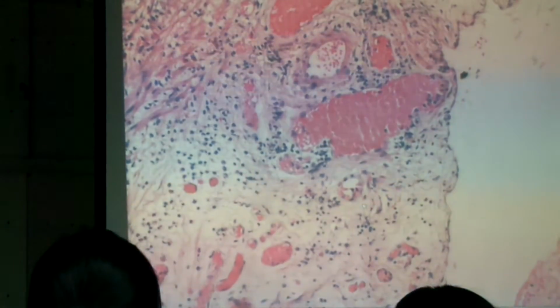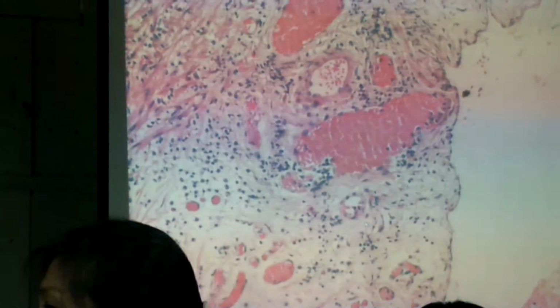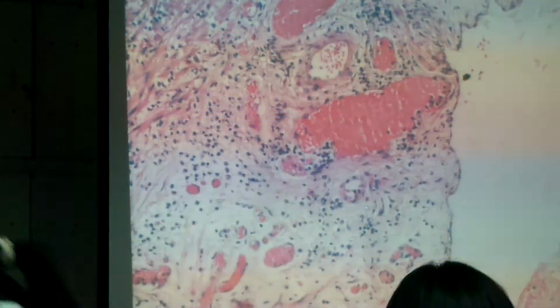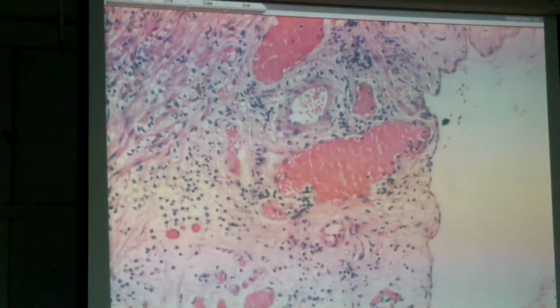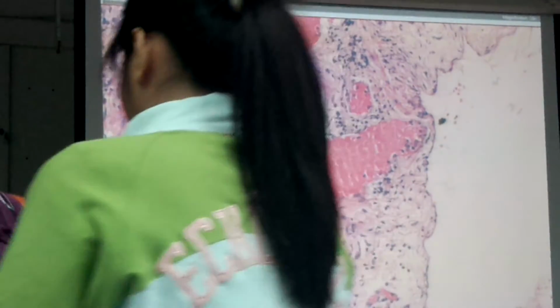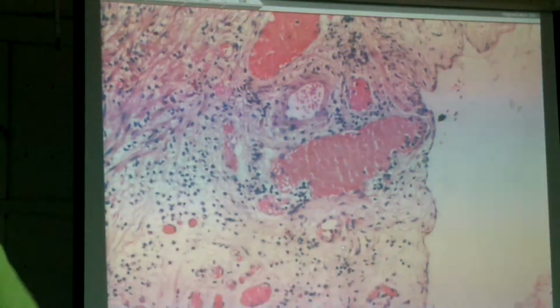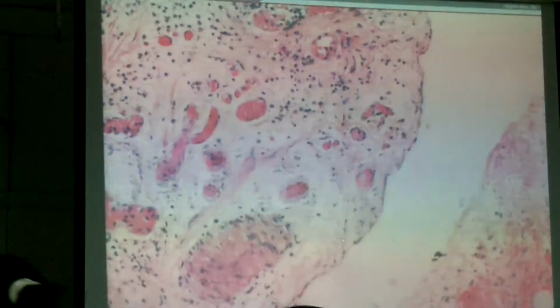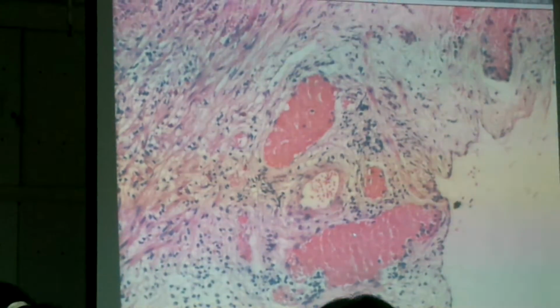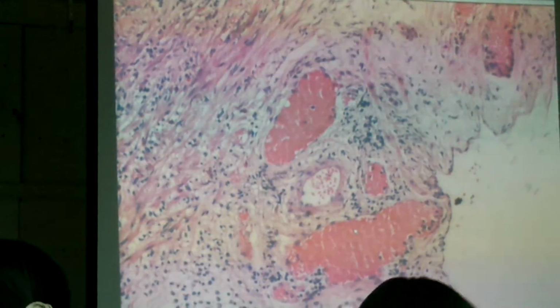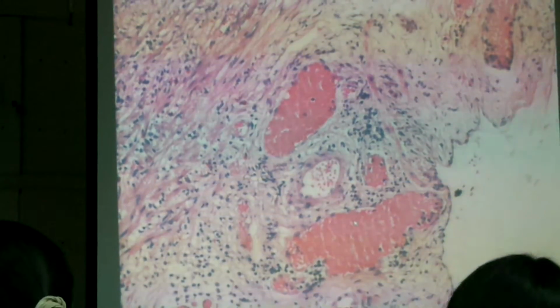But given the case that you are given here, an appendix, then you have to think more of the active type of congestion. Since we're in the appendix and it shows congestion, when you go to inflammation, you will still be looking at, I think, the same slide. This would also show inflammation.